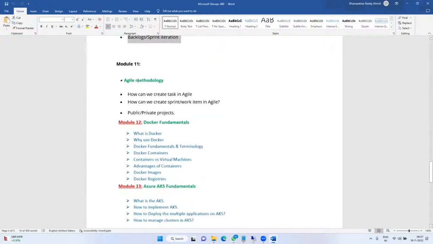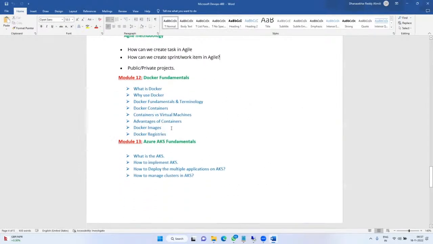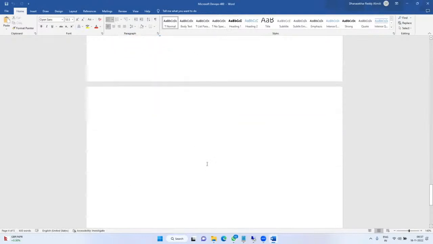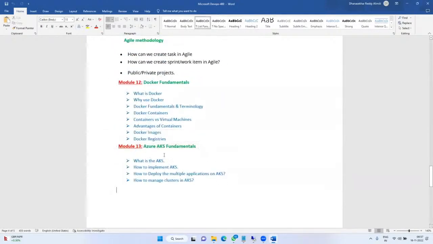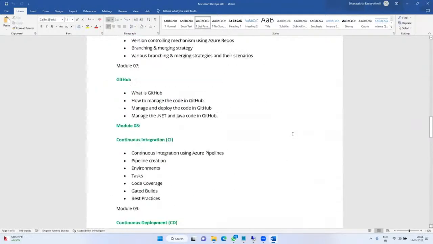Next, module 11 is Agile methodology. Next, module 4 is Docker. See, nowadays people are mind pointing about AKS and Docker. So what is Docker? How to implement Docker? What is the advantage of AKS? That we will see. Module 13, okay. So this is about what? Module 13. These are different modules of